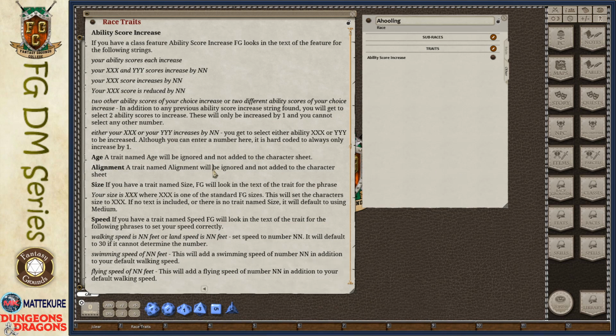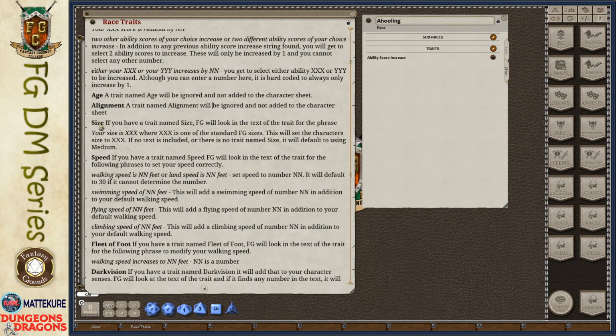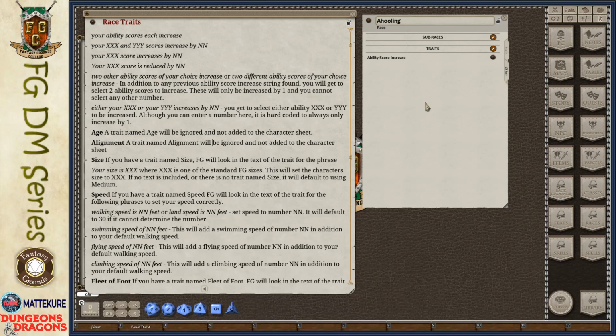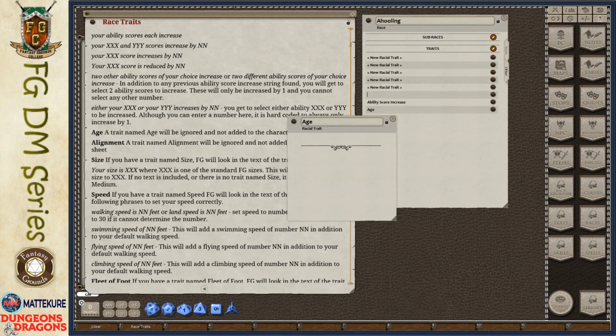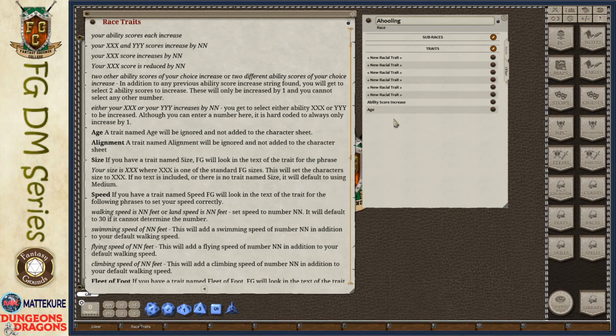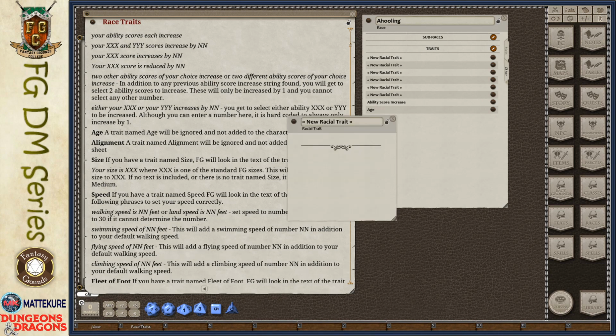We'll add another one. There's a variety of other ones that are common. Things like age, alignment, size, speed are ones that you'll see very frequently. Dark vision is another one. So we'll add a few more here really quick. Age. In fact, I'm just going to add a bunch here and get out. Come in here to age. Now this one is going to copy the data in, but it's not actually going to do anything in terms of automation, simply because there's no automation required for age. It doesn't need to do anything.